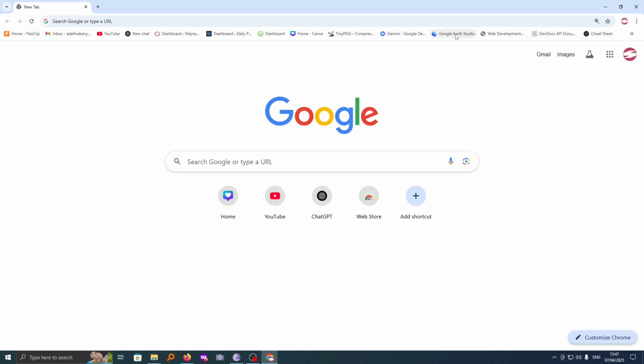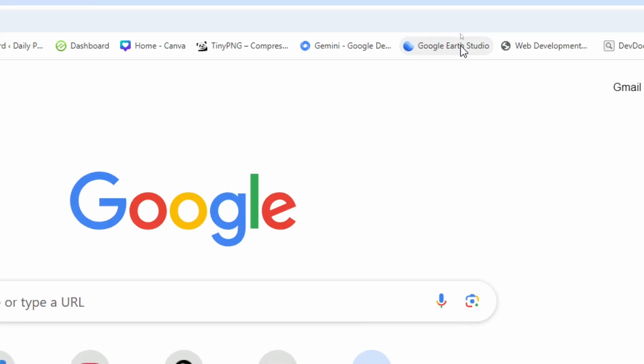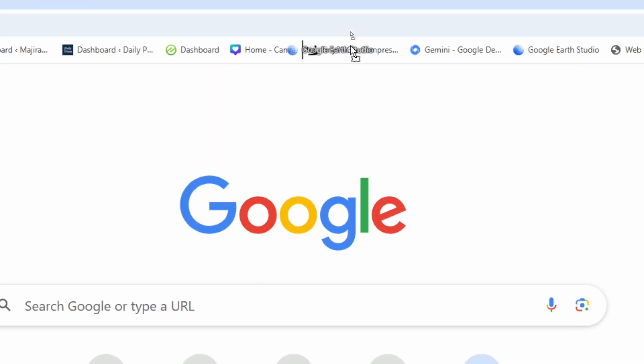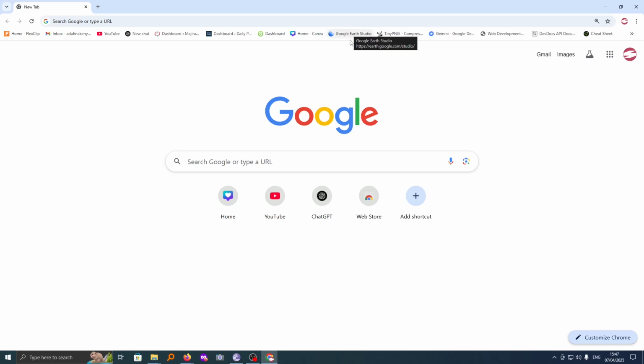For instance, I want this Google Art Studio bookmark to appear next to Canva, and you can see Canva is here. To rearrange this bookmark, just click and hold onto it and then move it to wherever you want. And you can see here, when you see that line, it means that is the location where this bookmark will be set. And now if I lift my finger and leave it, it will go ahead and replace the other bookmark